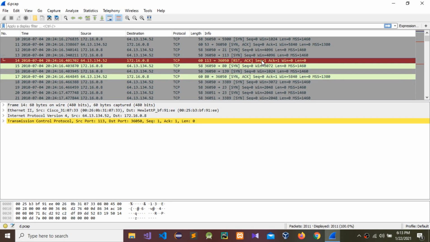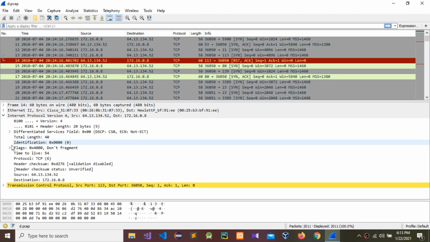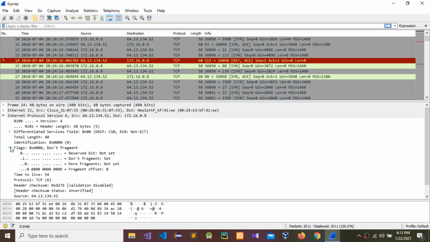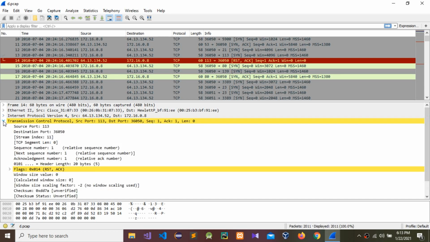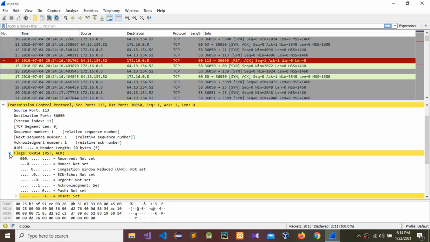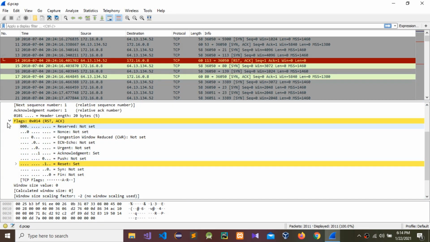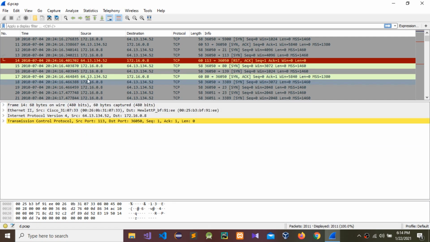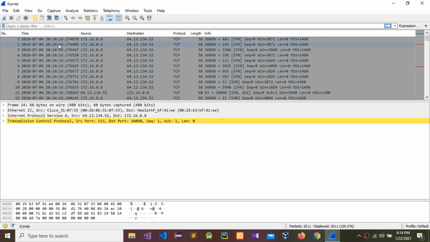Click this one. I'm going to click this one and go to Internet Protocol, go to flags. There is no evidence. Let's see Transmission Control Protocol. There is no evidence. Let's check a different one.